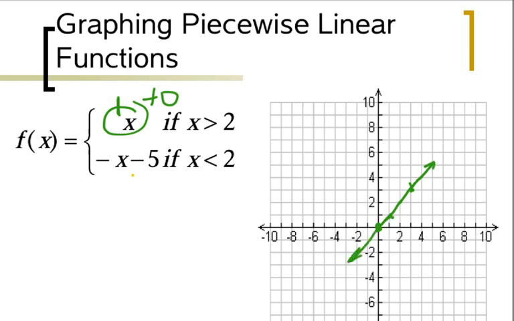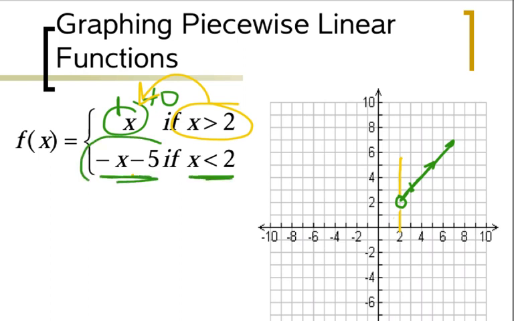Now again, thinking through this, I would stop at 2, and notice it says when x is bigger than 2, you use this green line. So right here, I want to erase everything that's left of that yellow line because that's where it's smaller than 2, and it says only to use this green line from 2 all the way to bigger than 2. So first of all, I put an open dot there because it's not equal to, it's just greater than 2. Now I look down to my second one that says anything less than 2, I want to go with this second line that starts at negative 5, and from there goes down 1 over 1, down 1 over 1. So if I connect my dots here,